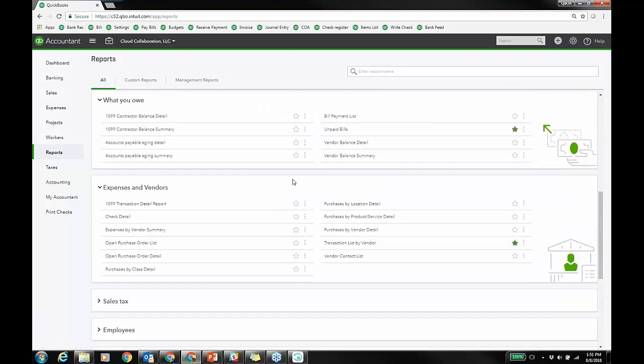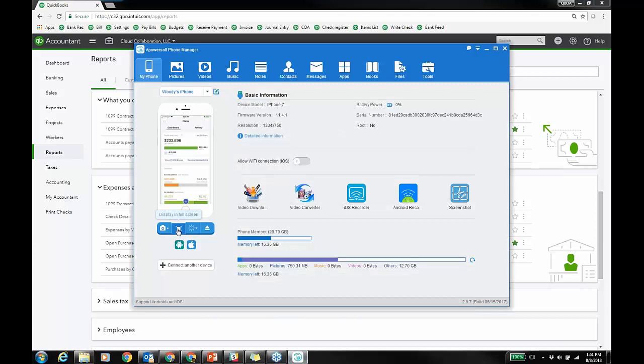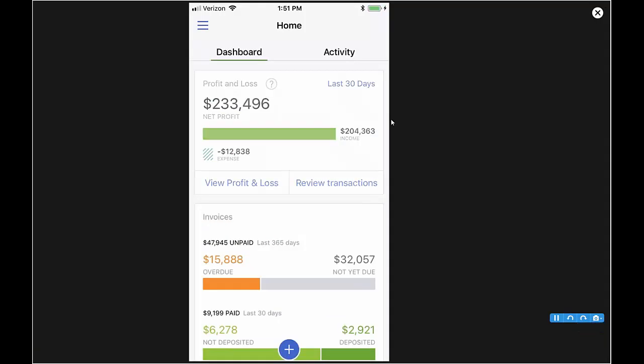All right. I'm going to go into bank feeds later on after Kevin takes over, but first, I did want to show what you can do on the mobile app. So I'm going to fire that up right now. Right now you're looking at, hopefully you're still seeing it, the actual QuickBooks app on the phone, the mobile app,